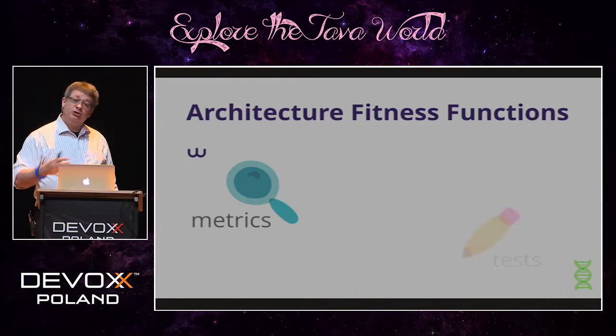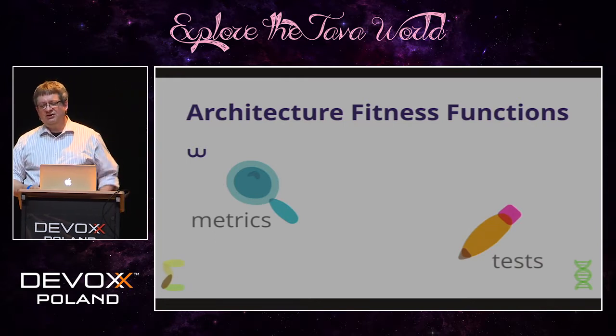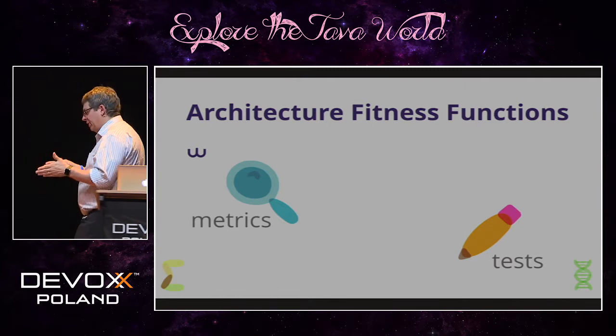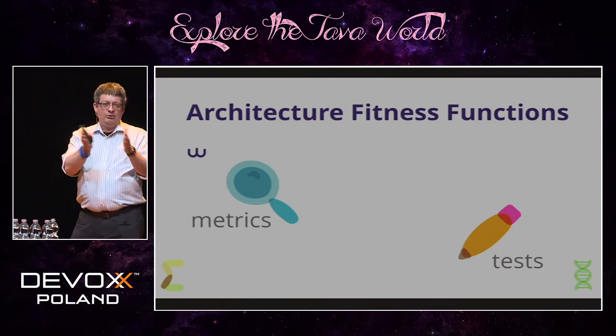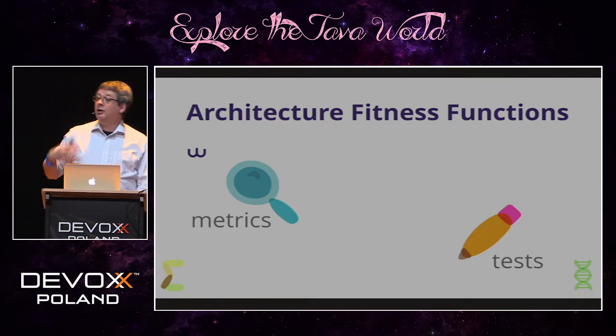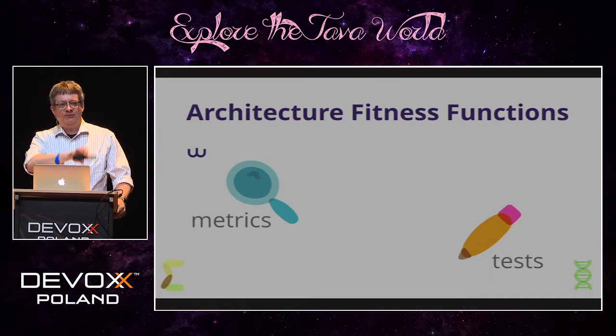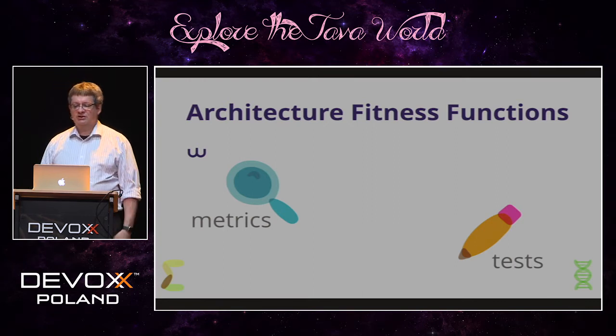This may be some tests. I'll show you some examples of fitness functions implemented as tests in just a second. But these are basically the guide rails that we're building into our architecture so that we don't violate some of the core things that we need to support. And so what have traditionally been called non-functional requirements or quality of service requirements become fitness functions in this architecture, because what we want to do is take those things and automate the running of these functions so that we can evaluate the fitness of our architecture on an ongoing basis. And I'll show you some examples of fitness functions in just a second.